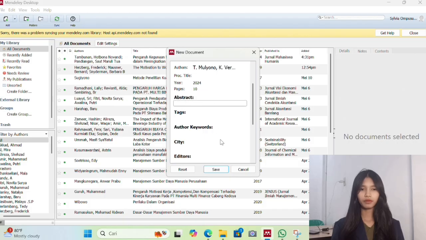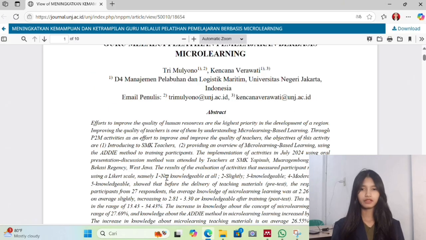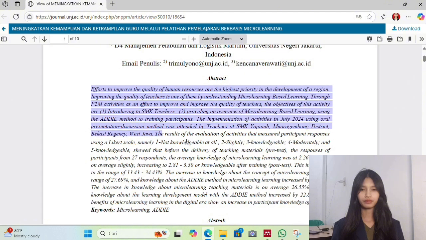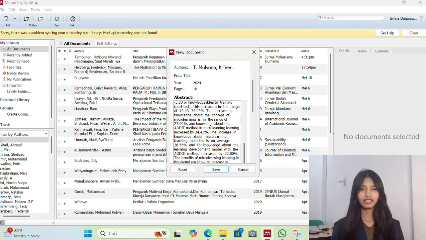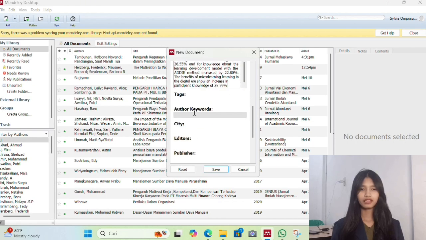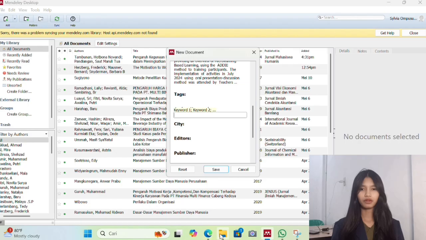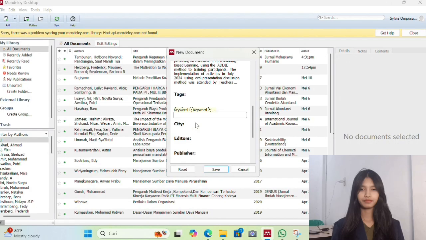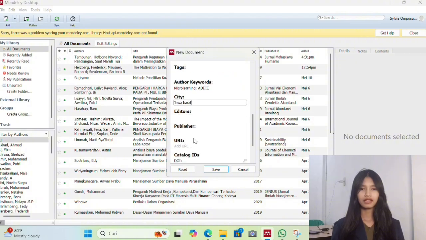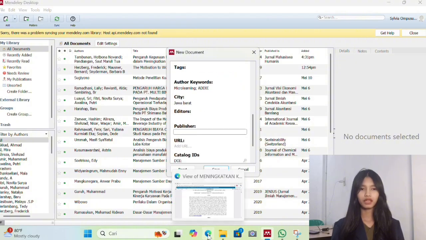We can copy from the proceeding and paste to the abstract column. Next, we can ignore text and then copy paste the author keyword and city. For this proceeding, there is no editor, so we can ignore that.